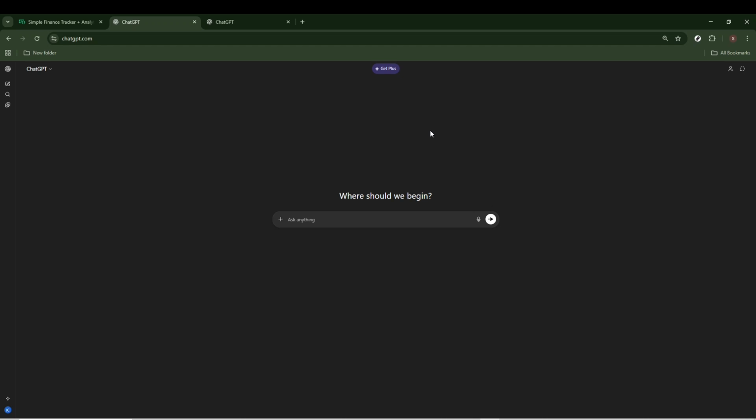The setup will complete automatically in just a few moments. Once finished, your Notion workspace is officially connected to OpenAI ChatGPT. From here, you can start using AI-powered features inside Notion to generate content, summarize notes, brainstorm ideas, and enhance your daily workflows. This integration can save you a lot of time and completely change how you use Notion on a